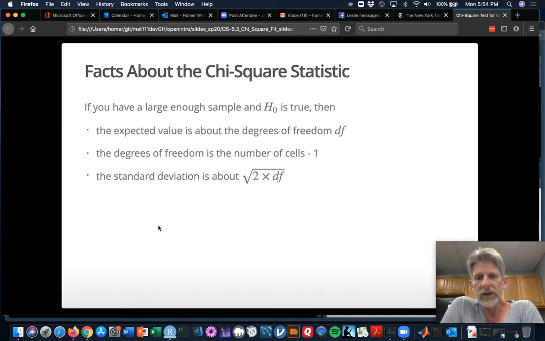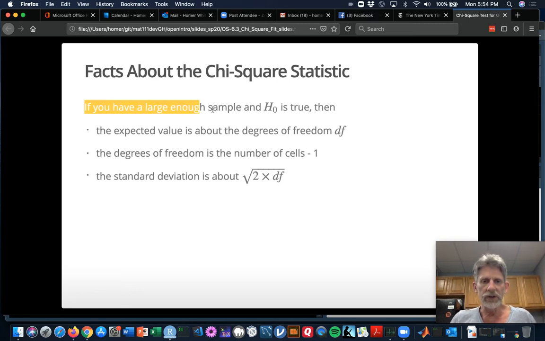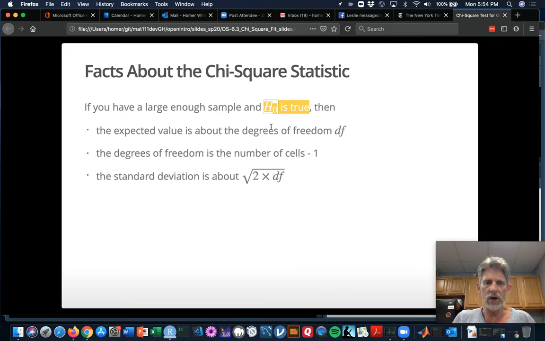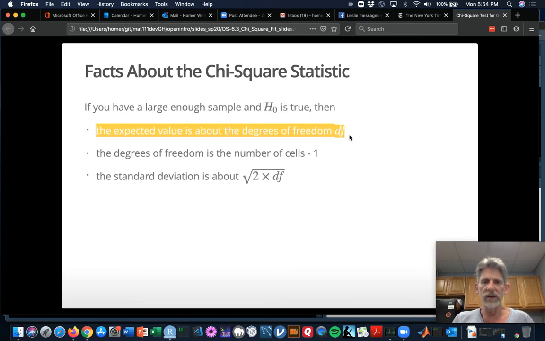So here are some facts about the chi-square statistic. They're math facts that were known a long time ago. They were figured out when the chi-square statistic was discovered and developed. The basic fact is that if you have a large enough sample, like if you roll the die enough, or if you survey enough students like we did with Math 111 survey, and if the null hypothesis is true all along, then the expected value of the chi-square statistic is going to be equal to